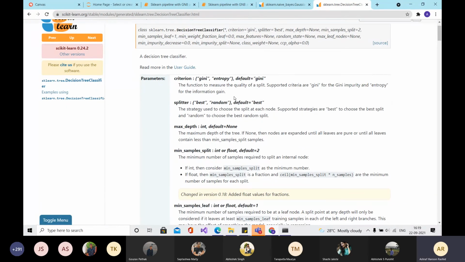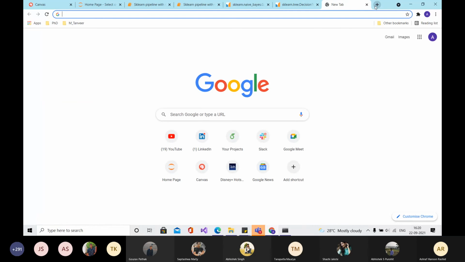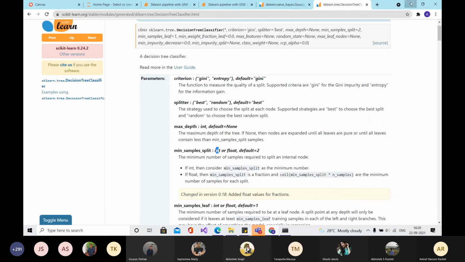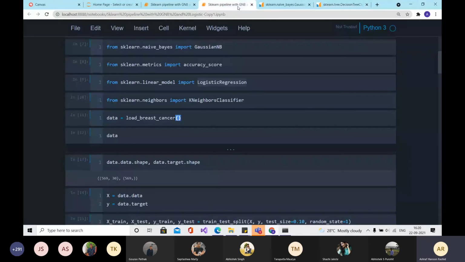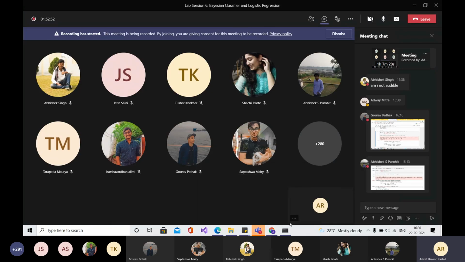So when you go to decision tree, you have a lot of different parameters also. So that would be a good way to test how grid search is working versus how it's performing when you do it manually. And yeah, that would be what I wanted to cover. If you guys have doubts or if you have any other thing to share, then we can discuss that.